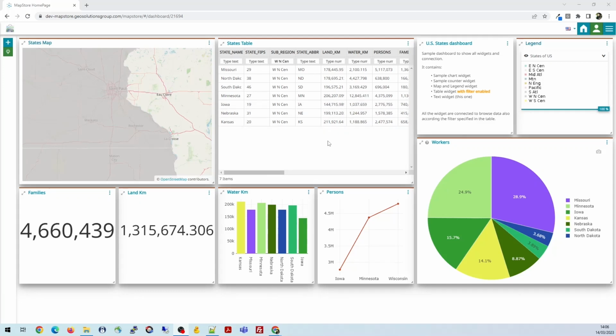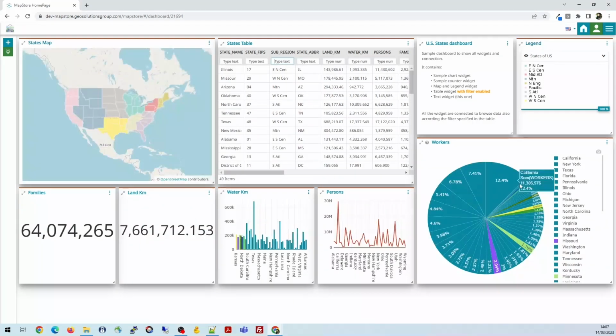Another kind of connection between widgets is the one between the table widget here and the others. The table widget can be configured as a parent table so that the quick filter here is provided for each attribute, and you can use the table to drive filter contents on other connected widgets. So for example, as you can see, when I change the quick filter here, you can see multiple widgets updating their content. As you can see here, the map widget is containing the same data set of the table,